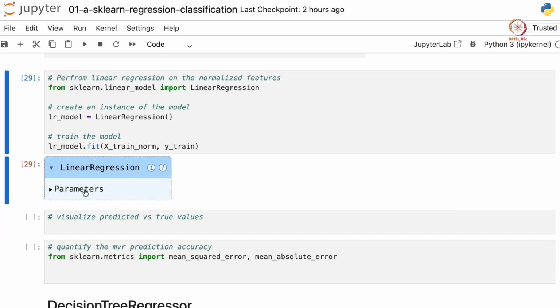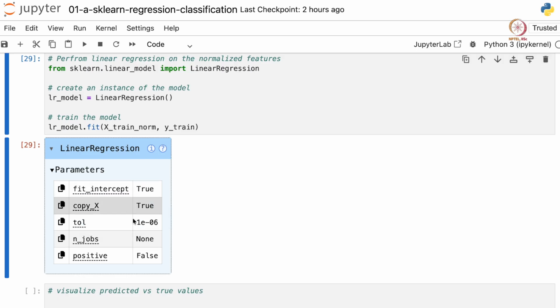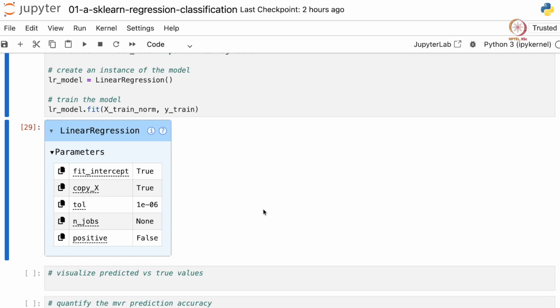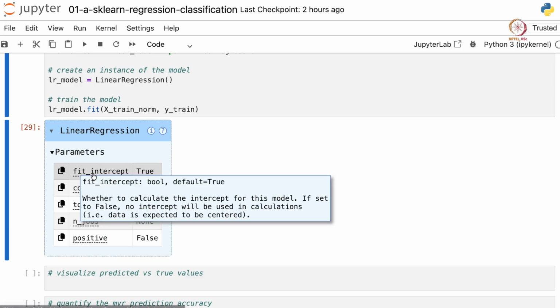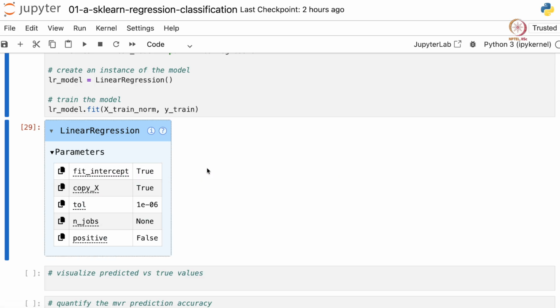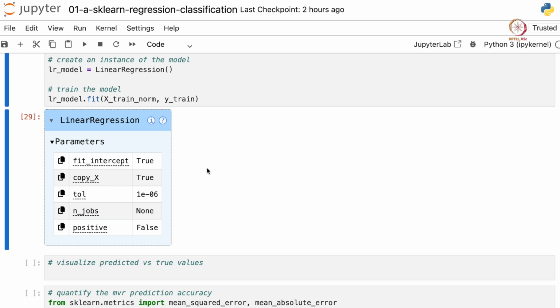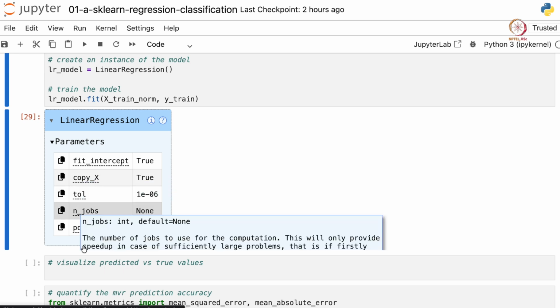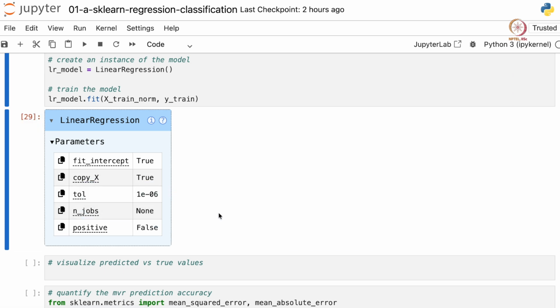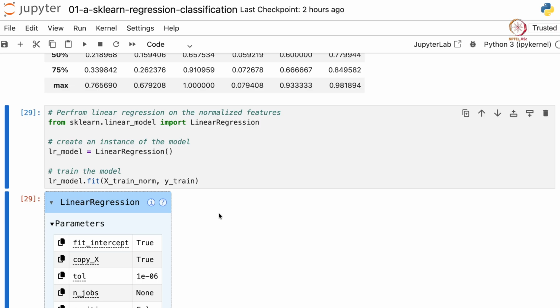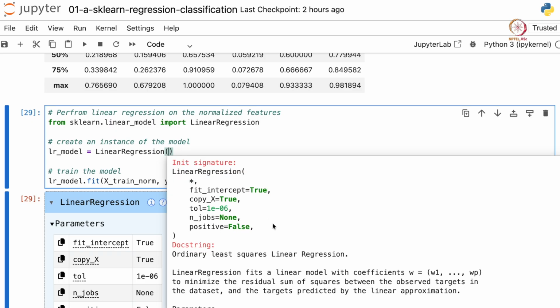And if we click on these parameters, we see there are a few hyperparameters here. You'll learn more about what hyperparameters are in the following lectures. For example, the hyperparameter fit intercept is true. That means the linear regression will have an intercept. There are other hyperparameters like copy X, tolerance, number of jobs, positive, etc. You can get more information about what these hyperparameters mean by placing your cursor here and pressing Shift Tab.